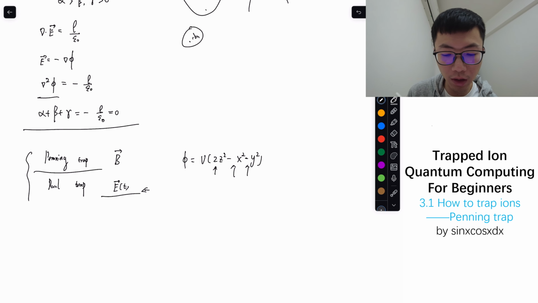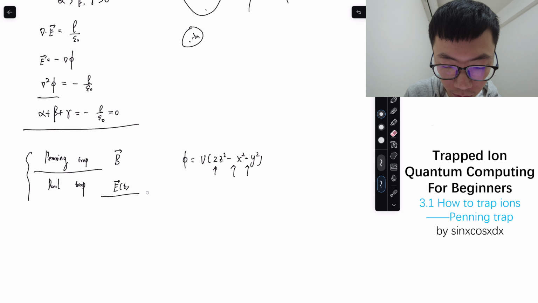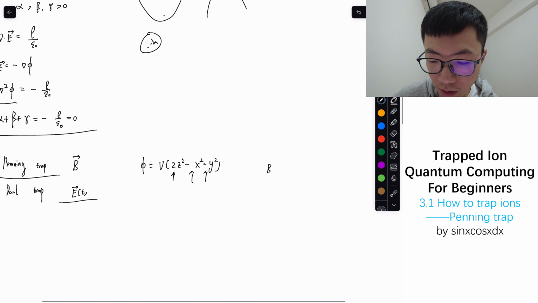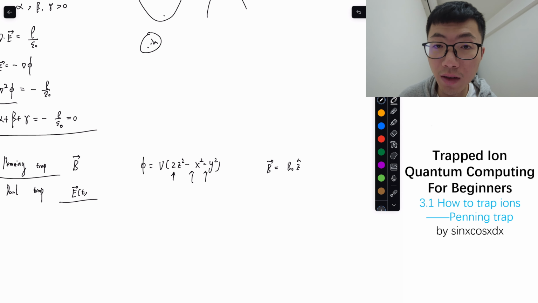Similarly, in the Paul trap we have the alternating, time-varying electric field to confine them in the x and y directions. Okay. And as for the Penning trap, we typically set the magnetic field parallel to the z direction. And so if we don't have the electric field in the x and y directions, then in the xy plane,